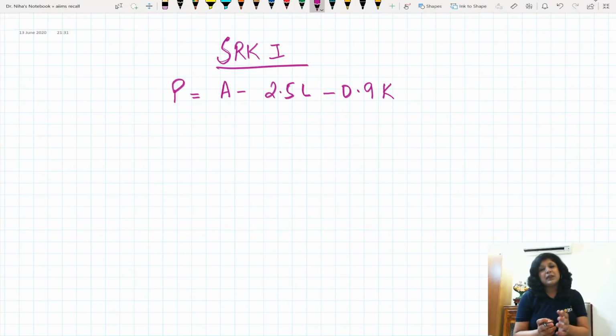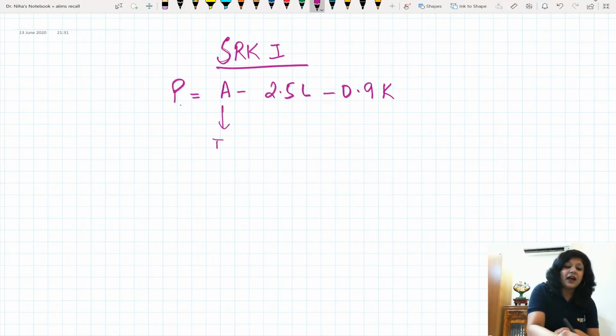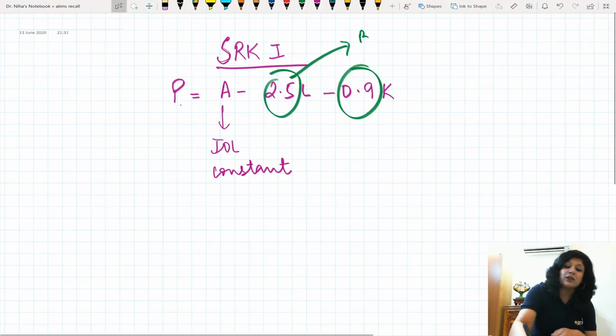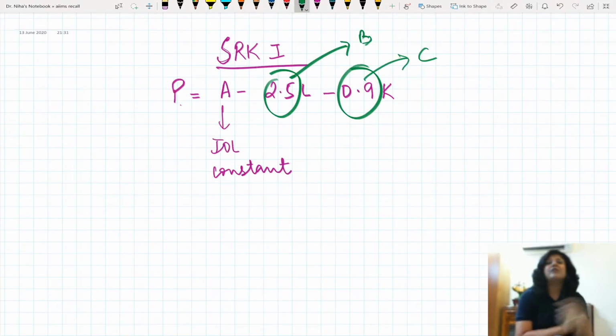I think you will agree with me that this is the most common and most important formula that we usually discuss, right? Now here P is the power, A is the IOL constant, and if you see, these are 2 more constants that we are using. This constant is B and this constant is C. So basically we have got 3 constants here. We have got A, B and C. We have the values of B and C which are more or less fixed. So we have given the values, and the value of the constant A keeps on changing.